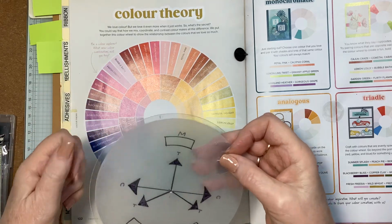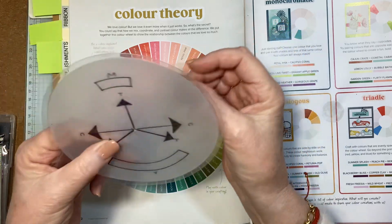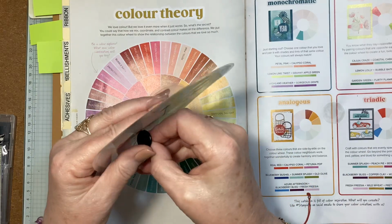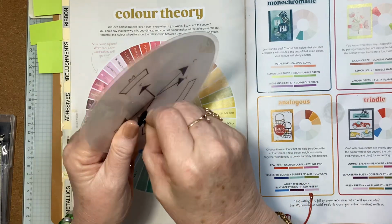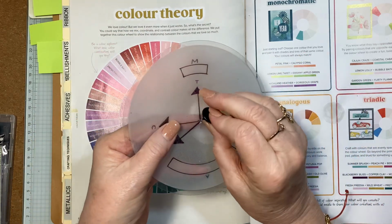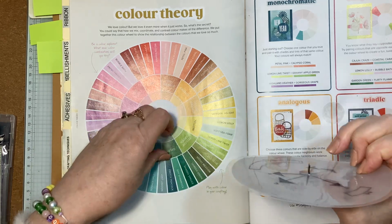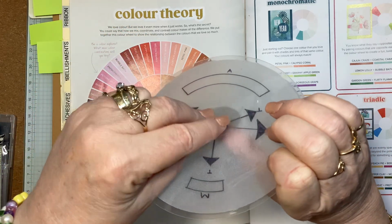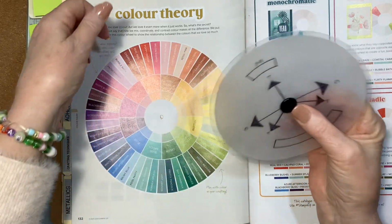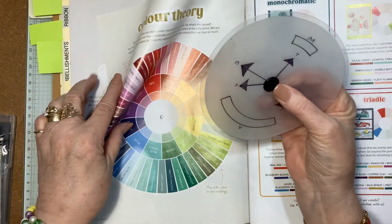Now what I'm going to do is pop 2 of these circles so that they spin freely behind the colour wheel. As I said, I am a very visual person and I really like to have these visual aids. So I'm putting 2 of the laminating circles behind there, just so that this thing moves freely. So I'm going to pop this in through the hole,